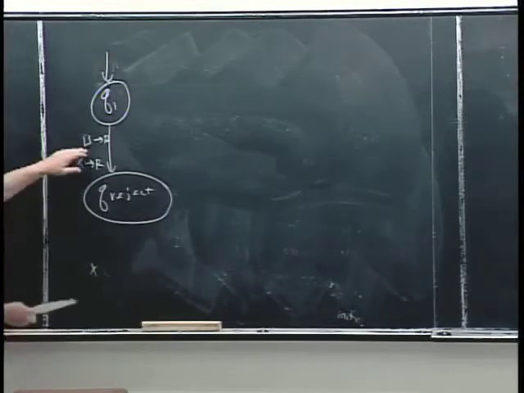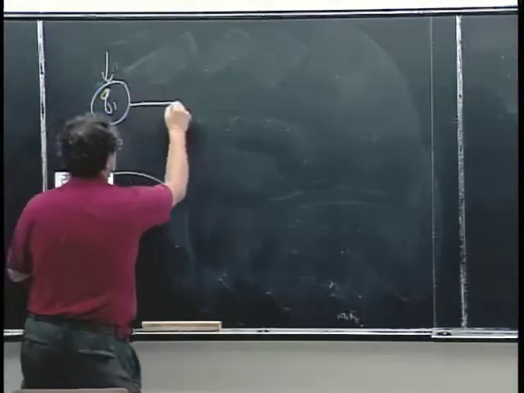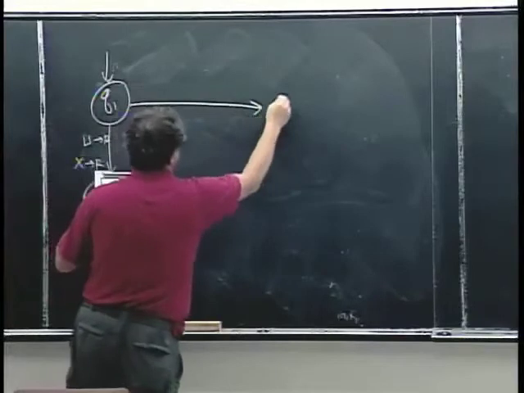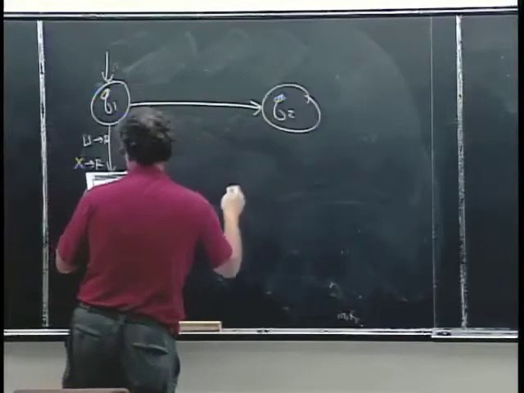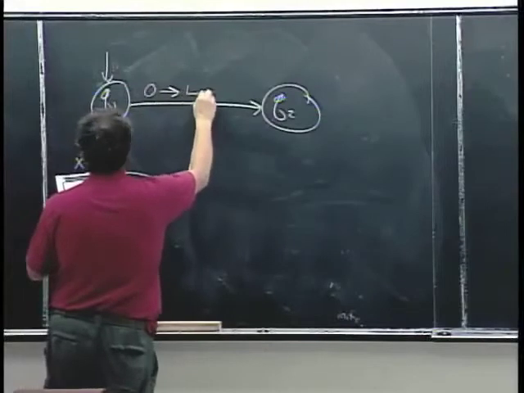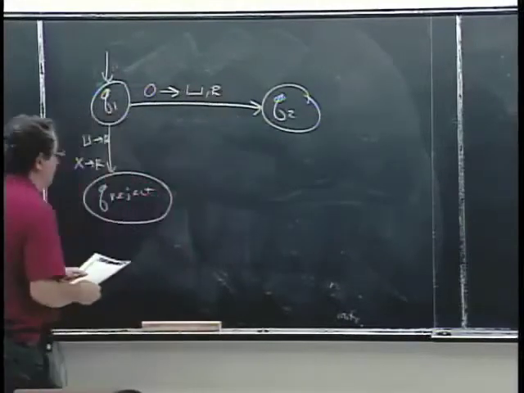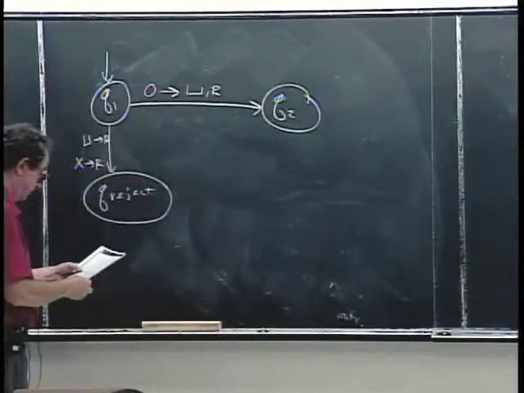Okay, yeah. Let me just give another piece up here so I can explain that one too. Q2, 0 goes to, okay, so that means that